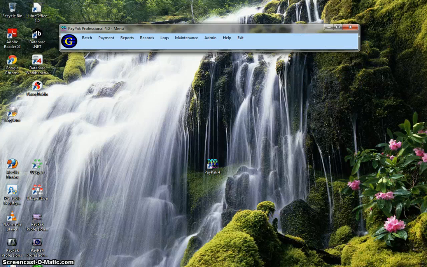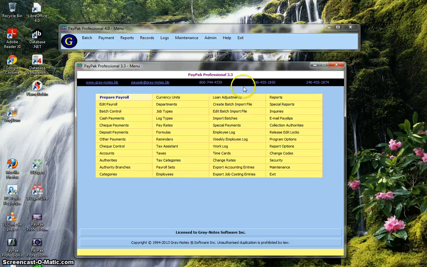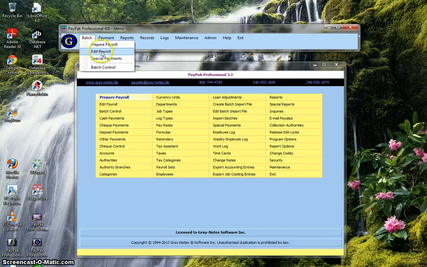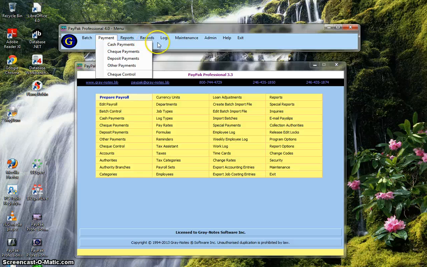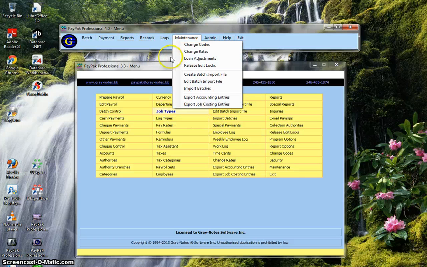Let's bring up the older menu. Here it is. This is a menu from version 3.3. If you compare this, everything that you see in here, well, most of the items, there are 48 items on this menu. They're 12 down by 4 across, and they've now been reorganized. The items in here have been reorganized into this menu, which makes it easier for the users to navigate and find particular sections. Maintenance items are all grouped under here, whereas before